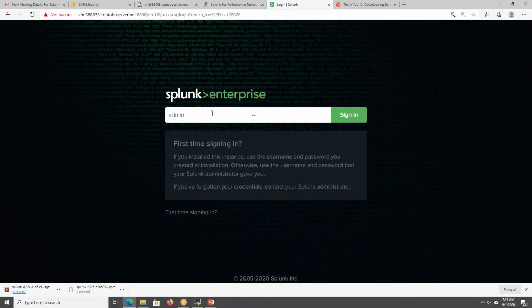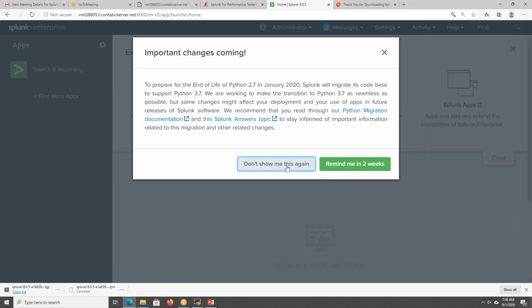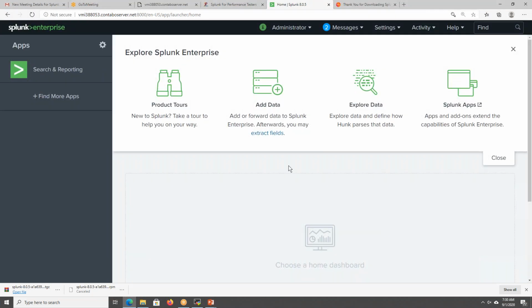So I have logged into this machine. Clear till now? Yes.